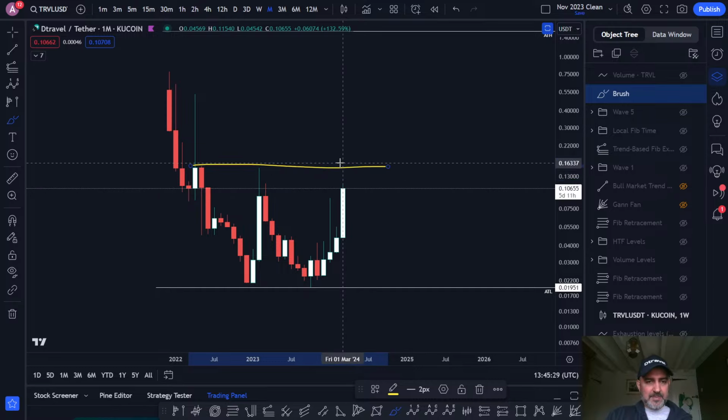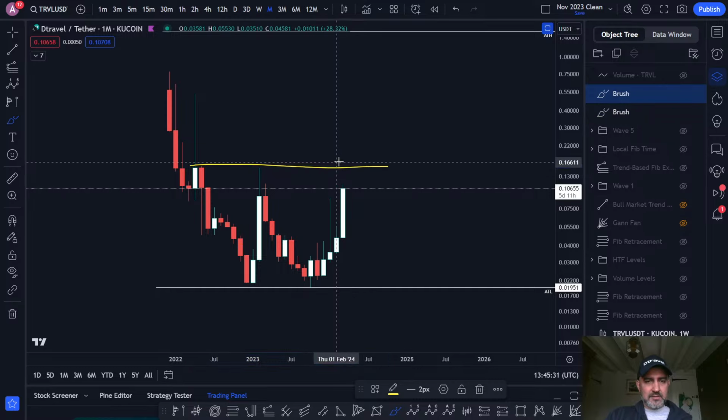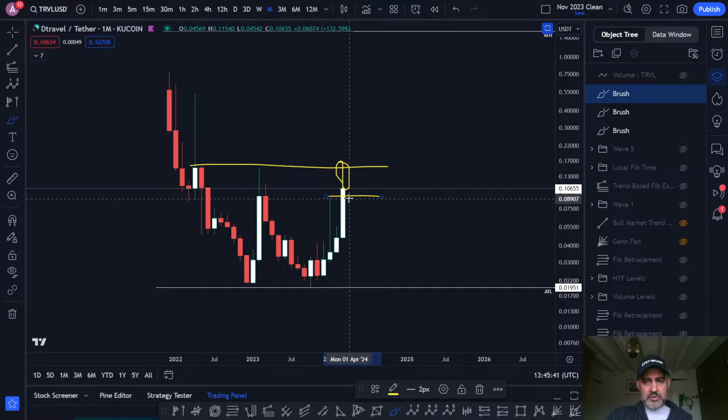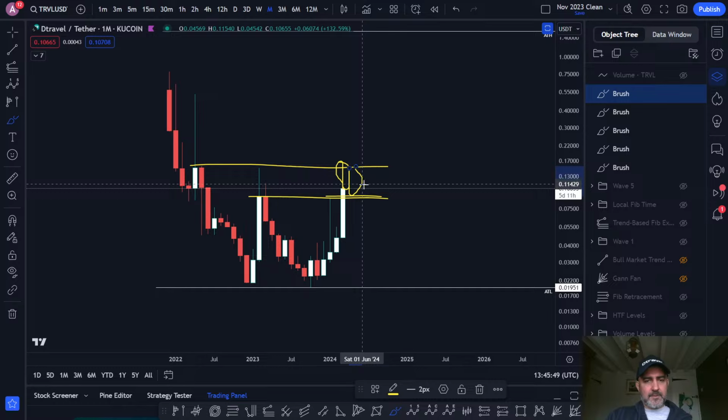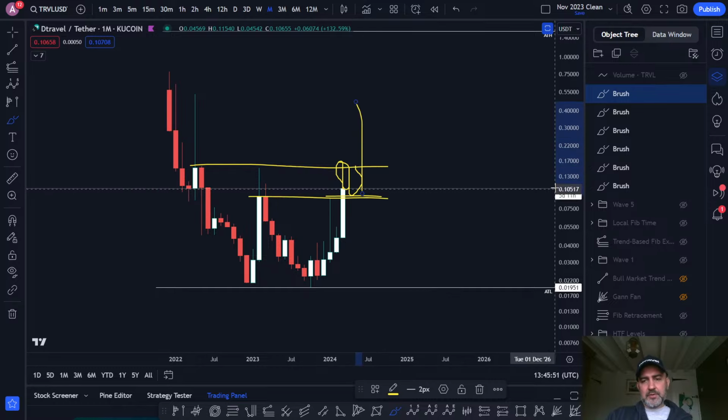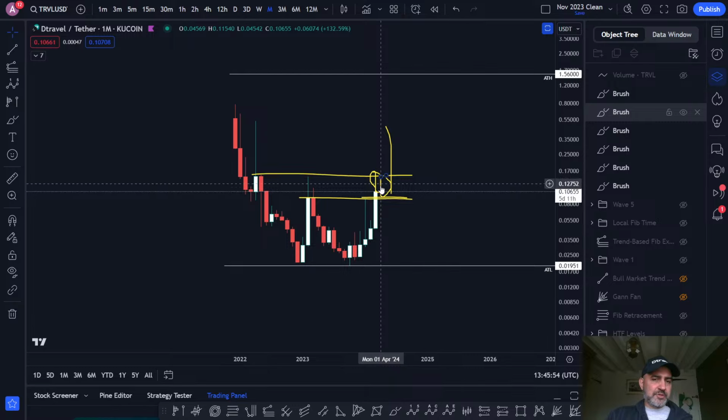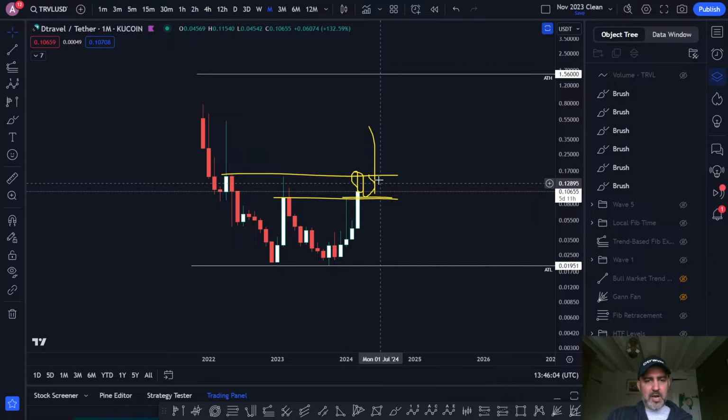So if this powers through and closes there somewhere, and then maybe we get one red month, that could come all the way back to this line here, a red month, and then go. That wouldn't be bad. It wouldn't be bad to have a red month and then continuation, because then you're building market structure